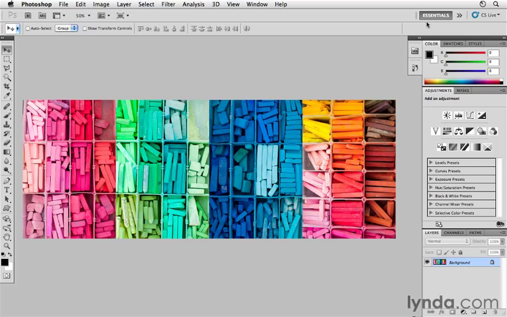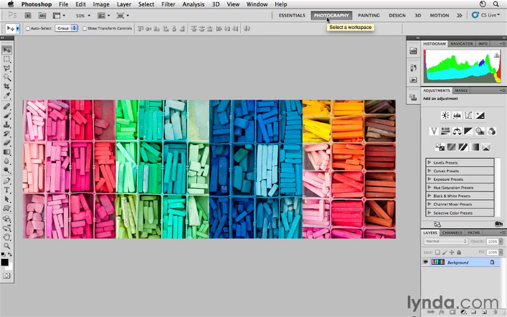If I want to view some of the other options, well, I can hover over these two lines and click and drag, and here you can see there are some other default workspaces. I can select one by simply clicking on its name. Well, let's say that I really like this photography workspace. What I can do is click and drag this button to the first position here so that I will always